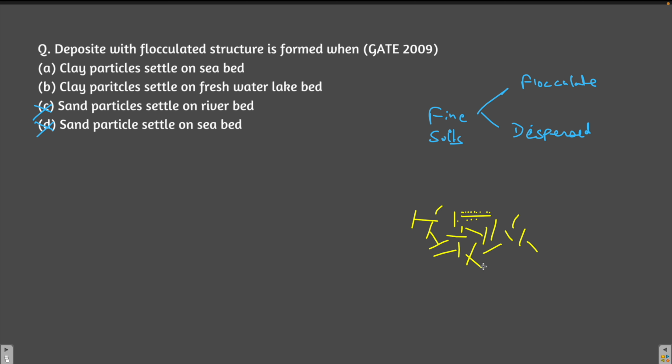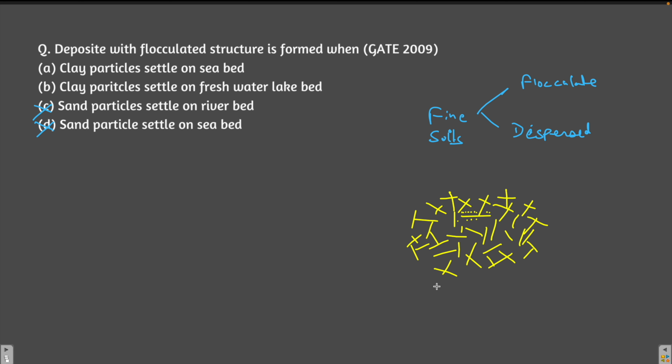When do we find more charges in the soil surface? When the water is neutral or when the water is having certain salt contents? Definitely, when the water is having certain salt contents, you will find more charges on the soil particles than in neutral water. So in the sea, what happens?